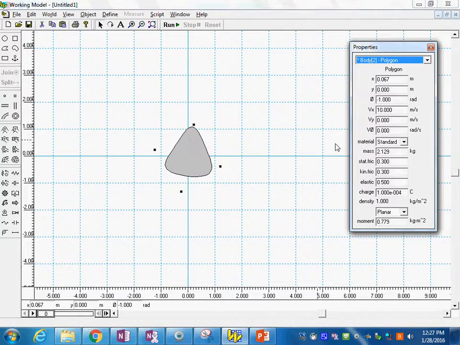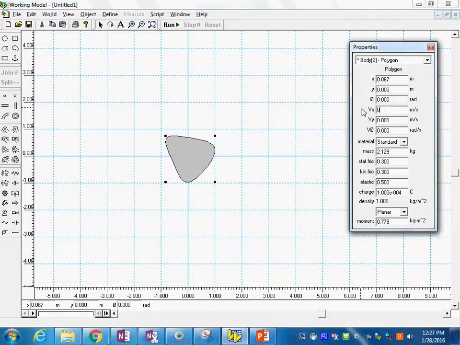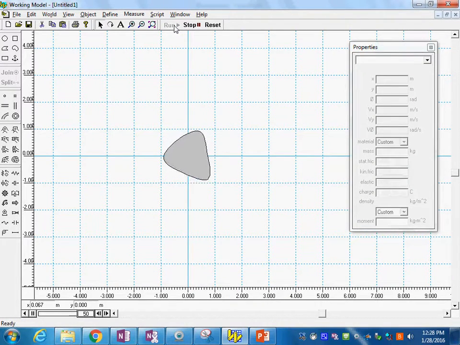But what is important to us at this point is, let me put the body back at 0 and with initial velocity 0. But you see, we could also give it a rotational velocity. If I put 1 radian per second in here, what should we see right now? The body, you see what it does? So what I'm trying to do is this program empowers us